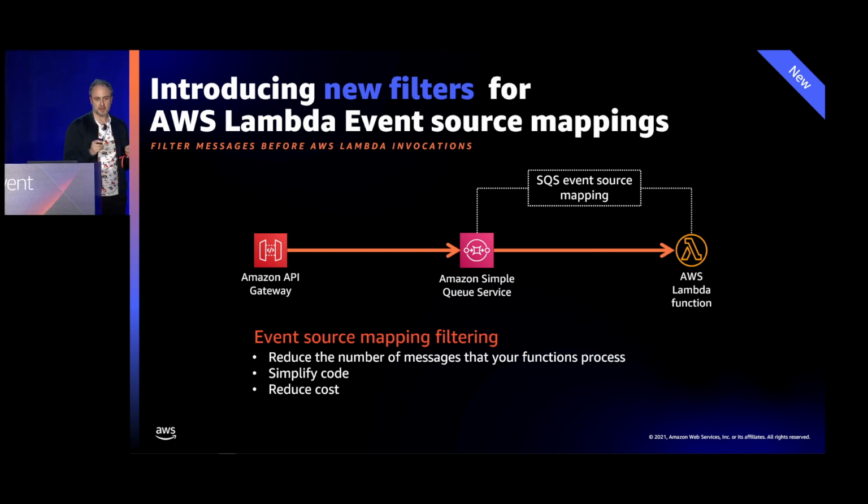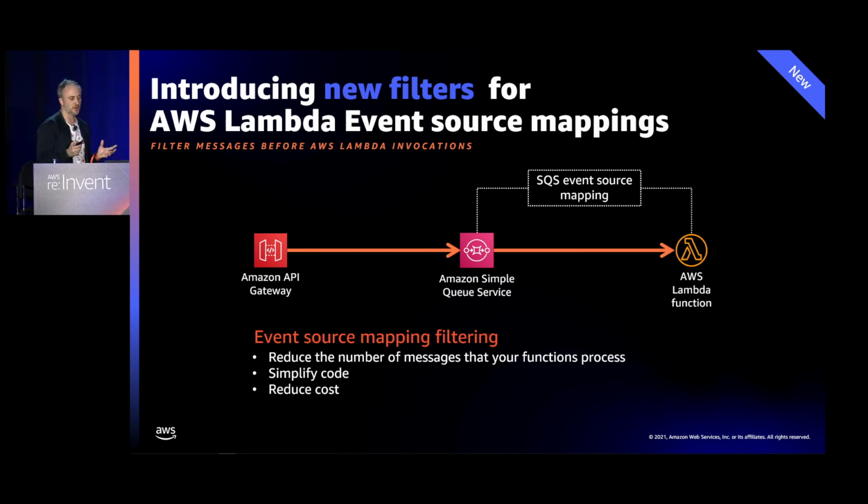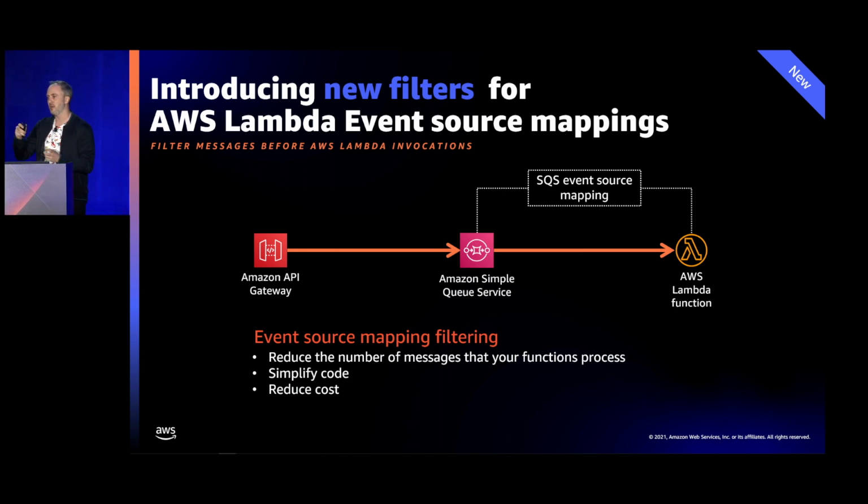So launched about 4 days ago was this brand new feature for event source mapping. You can create filters for your event source mapping, right? So what this means is that you can create a kind of JSON matching filter. It's the same as when you create an EventBridge filter, the same format. And you can tell it to only invoke your Lambda function if it meets the pattern that you set in your filter. So for example, I could say I only want to invoke my Lambda function if it's a star event from GitHub, if that's present in my JSON payload.